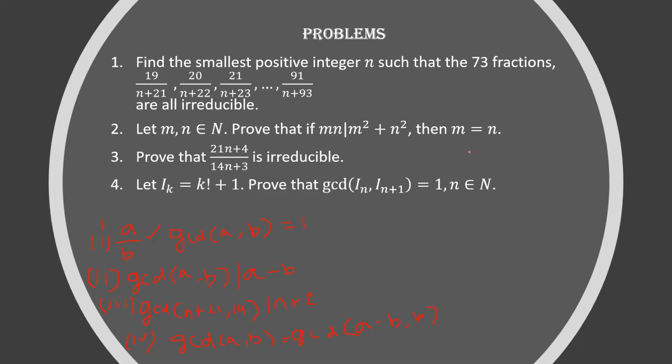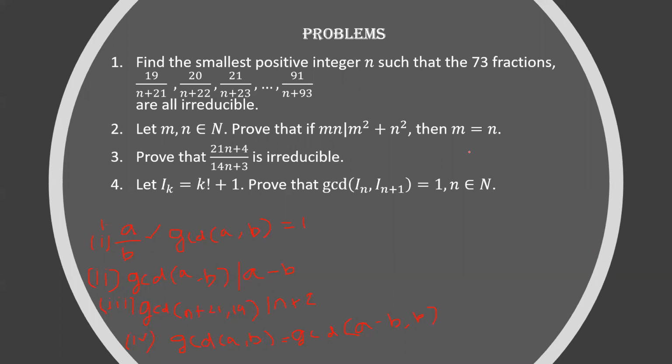See, GCD of A comma B is equal to M, which means that let A equal to MA1 and B equal to MB1. So it means that GCD of A minus B comma B will be M times (A1 minus B1) comma M times B1. Correct? That is there, but that doesn't mean that the GCD of A minus B comma B is equal to M, because you have an M common. At least one M is common right now. Now we just have to prove that the GCD of A1 minus B1 and B1 is 1. How do you do that?